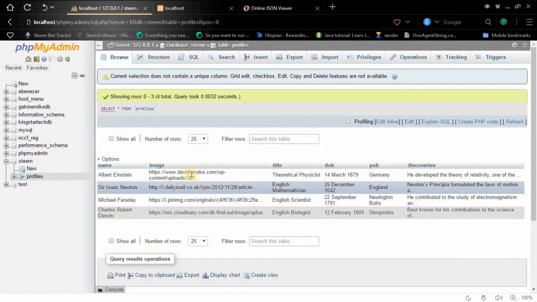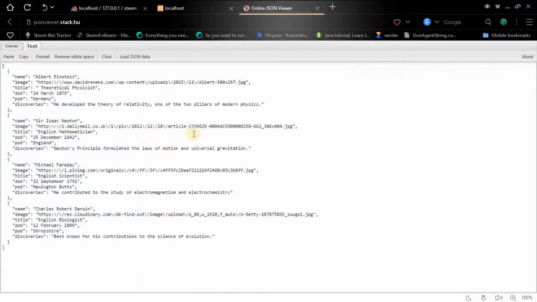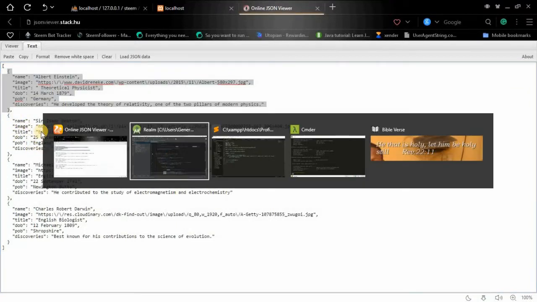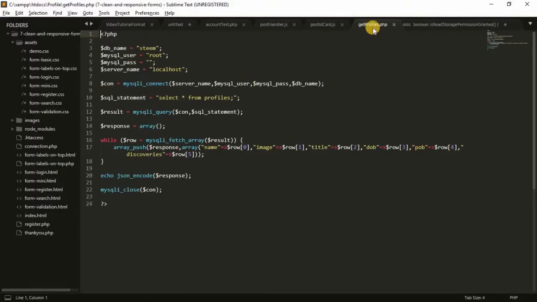So before going to the script, let me show you what we'll be expecting in our Android device. Now this is the page. Okay, so we'll be expecting something like this from the database, 4 JSON objects. So this is the script that makes that possible. The name of the script is getProfiles.php, and it's located, as you can see, in the profile folder in my HTTP docs,